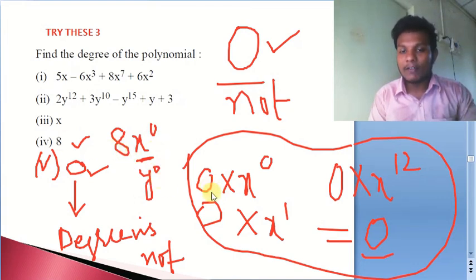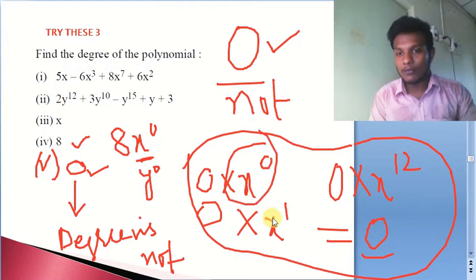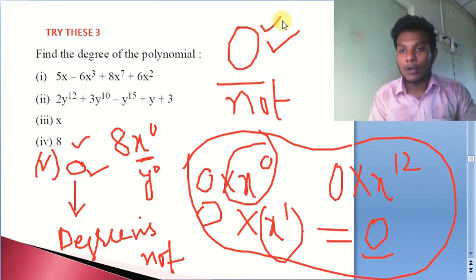But see, whenever my 0 comes into play, what is happening here? Irrespective of the variable power we are multiplying with, the answer is remaining 0. So that is why, if you observe, the degree of 0 polynomial or simply the degree of 0 constant is going to be not defined always, remember. But for a constant, the degree is going to be 0 except for 0. For 0, the degree is not going to be defined. See, it is not defined.